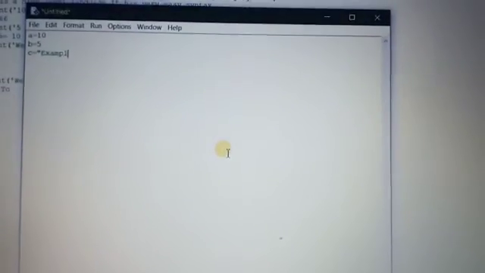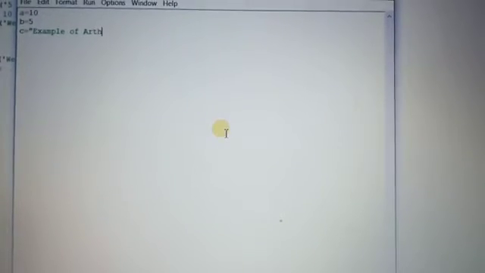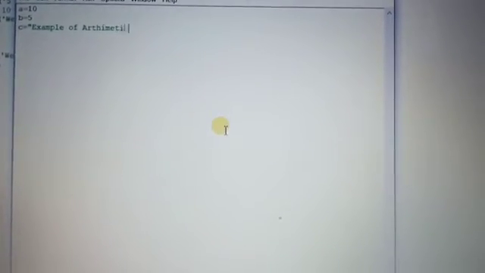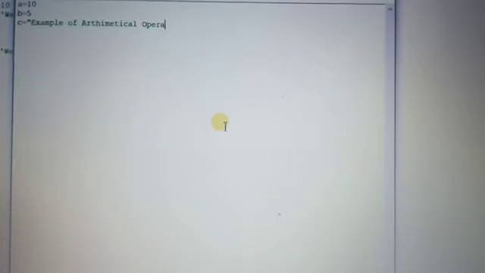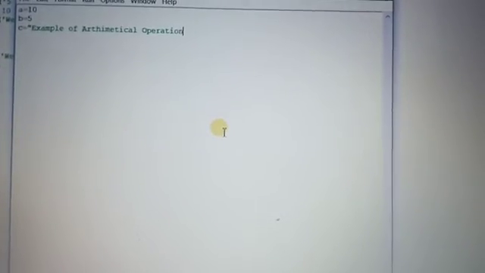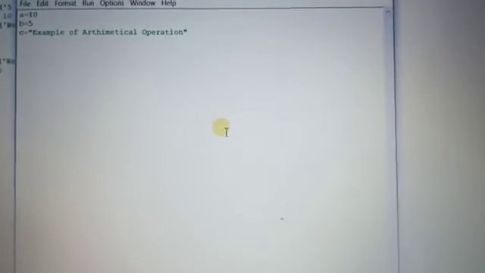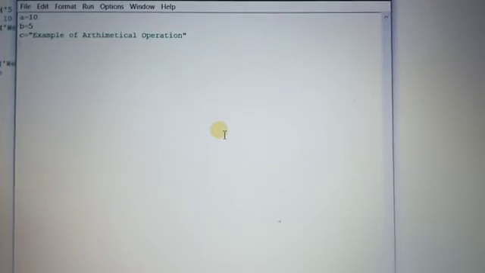c equals, I have defined here, example of arithmetical operation. For the variable c I have defined a text value, and for a and b I have defined numeric values.